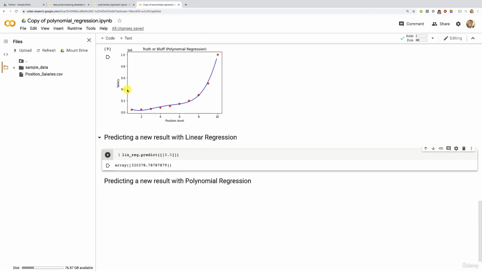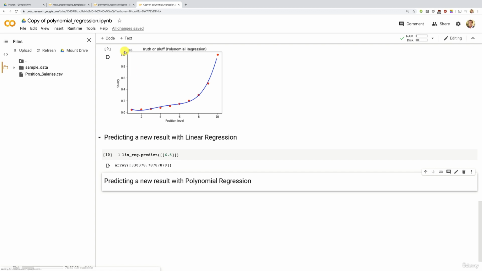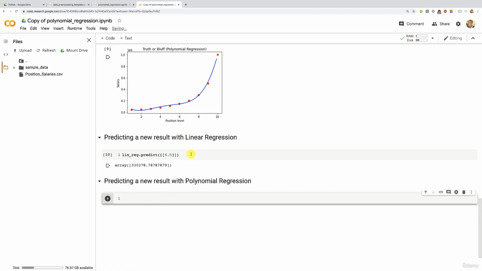Alright, so that's a really bad prediction. So now we're going to get the good prediction, which we can clearly see here. That's 6.5, and we'll get a prediction around here, which will correspond indeed to the salary that this person mentioned. So let's do this. Let's create a new code cell here, and to get that prediction, we're going to do